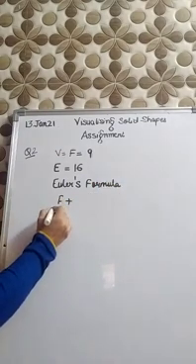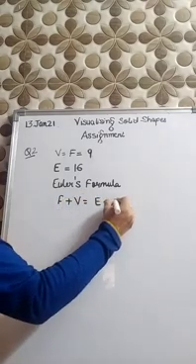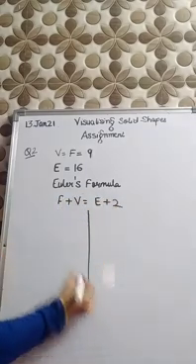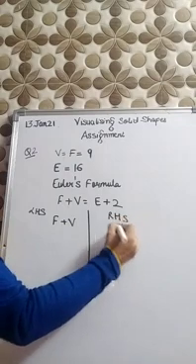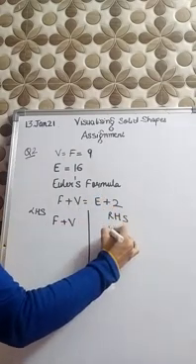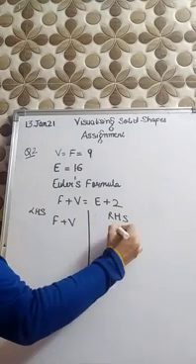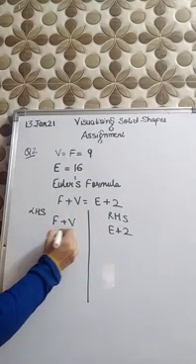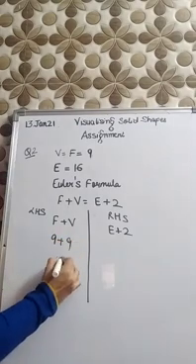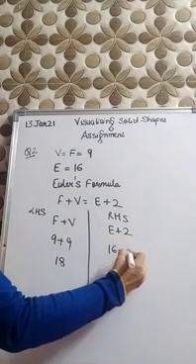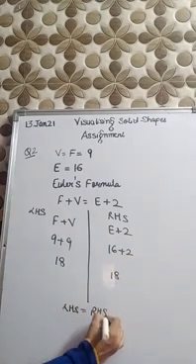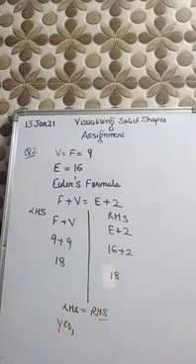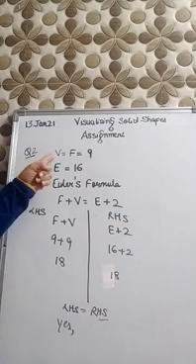So Euler's formula is F plus V is equal to E plus 2. For the verification, you will solve the left hand side and right hand side separately. So let's separate them and write left hand side and right hand side. Now put the values. Vertices and faces are 9 plus 9, that is 18, and edges here are 16 plus 2, that is again 18. So at the end you will write left hand side is equal to right hand side. So yes, a polyhedron is possible, or you can say it is possible to draw a polyhedron with these faces, vertices and edges.